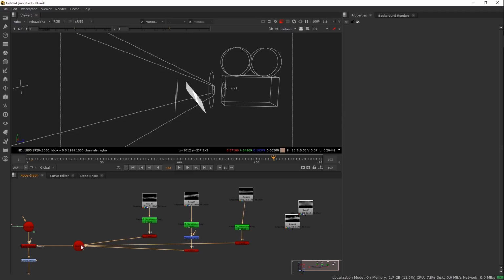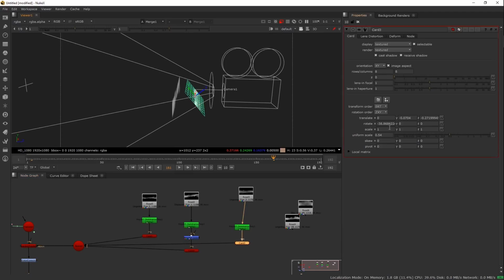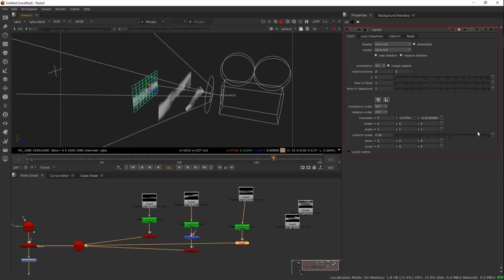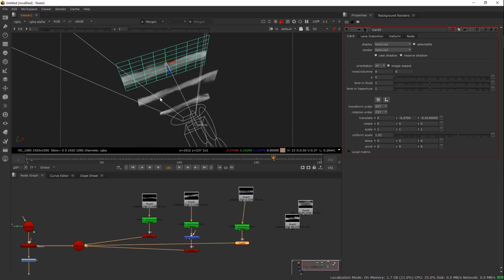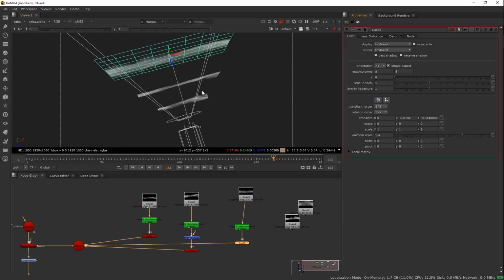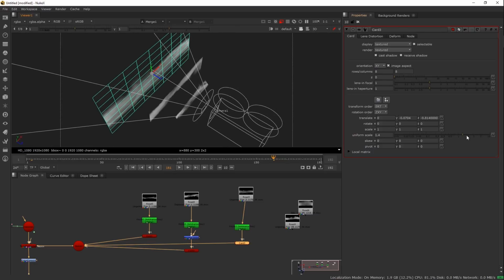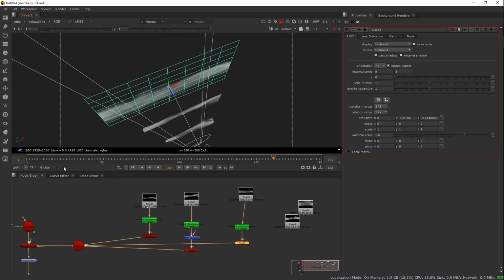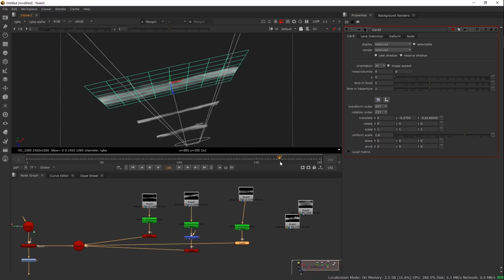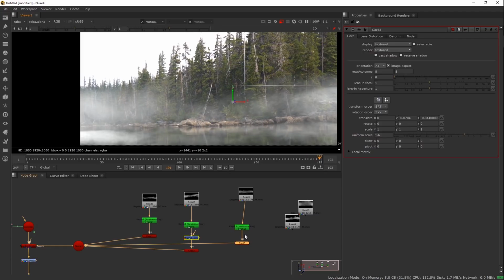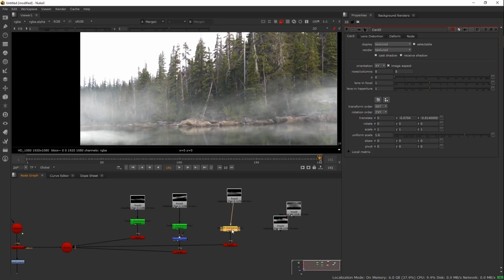So let's just take this little third card, zero it out in the middle here, scale it up. So just layering these fog assets nicely. So now we have even more fog in there,